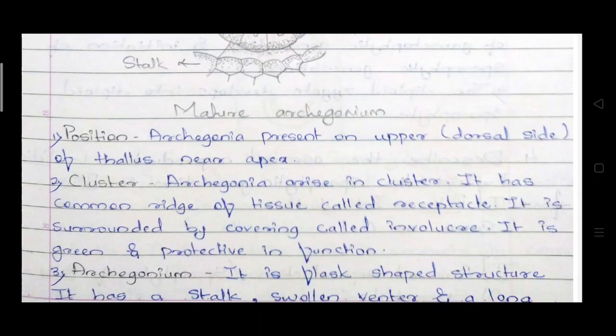I hope all of you understand sexual reproduction in Riccia. The fertilization process is similar to the Marchantia plants. So if you can prepare one genus, you can write the other genus. If you can prepare for Marchantia, the same process will take place in Riccia. So there is not much difference between the two bryophytes.